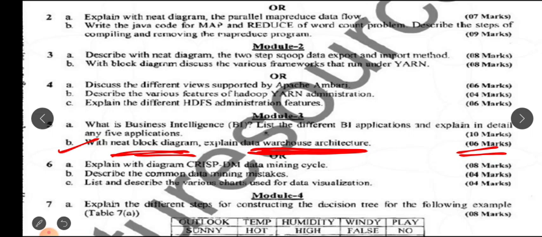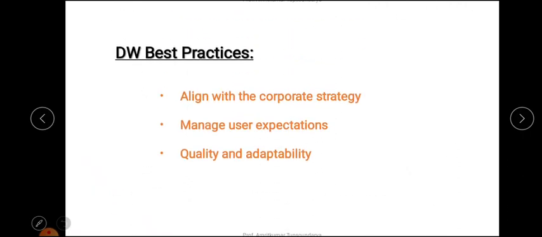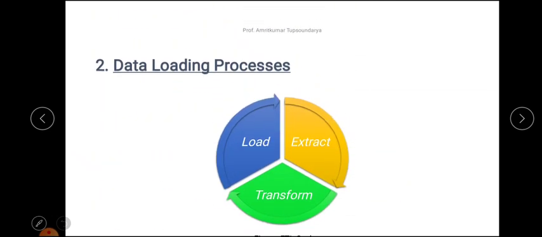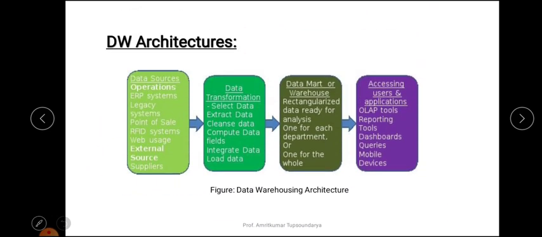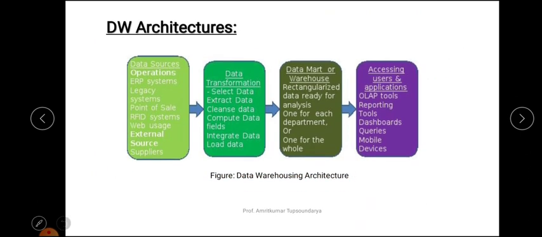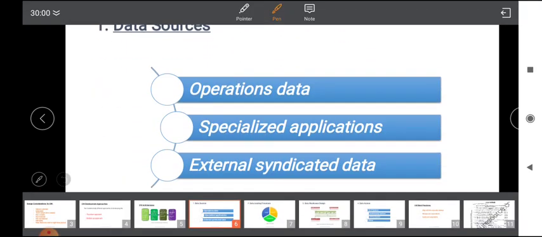So maybe 2 or 3 marks for the block diagram, or 4 or 3 marks for the data warehouse architecture. If that is the case, then this is the diagram that you have to draw, this one, the data warehousing architecture. This is the diagram that you have to draw and explain these key elements like we have explained here in these slides. Okay,